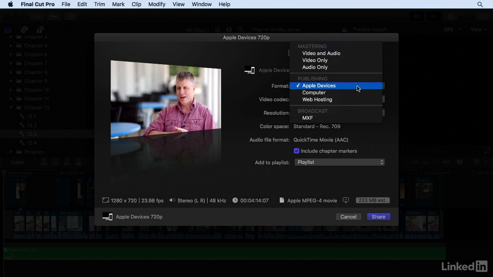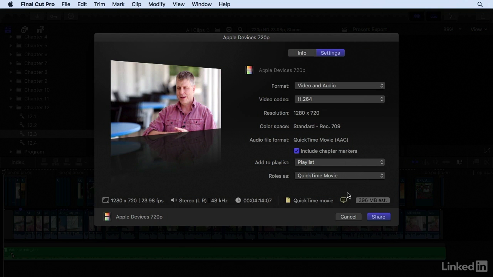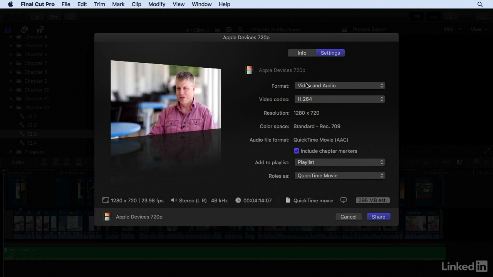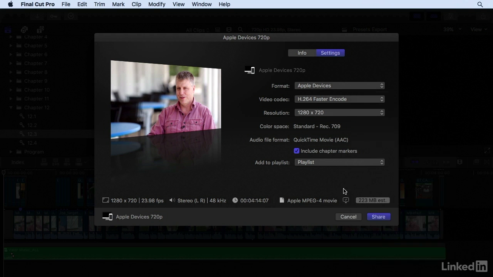Under Format, we looked at the video and audio mastering option, which again gave us only one device that it was optimized for, our Mac, because we're making a high-quality screener. But when we switch the format to Apple devices, it's going to streamline the video codec so that we get all of these options. And so if I look under video codec, I no longer have 16 available options, I just have two, both H.264, faster encode and better quality,